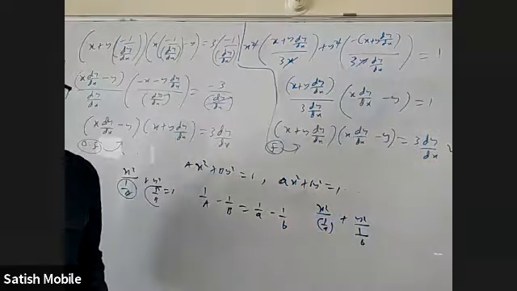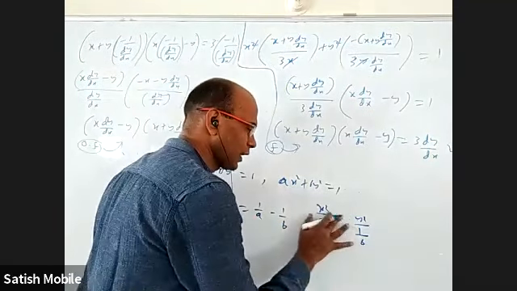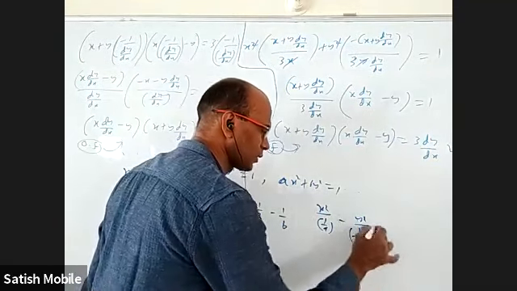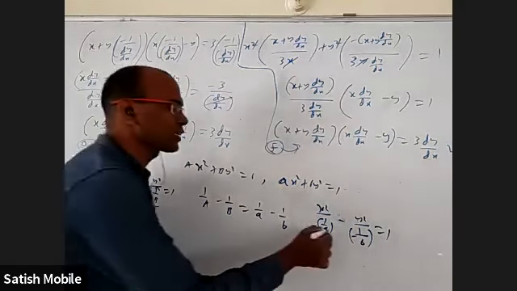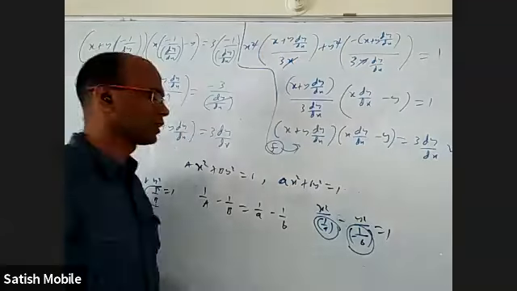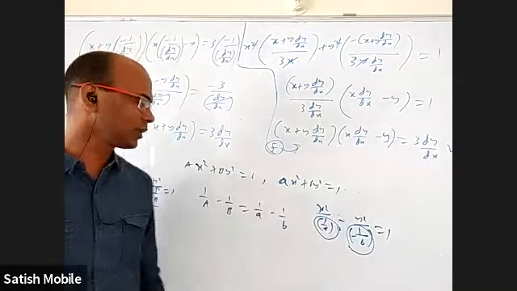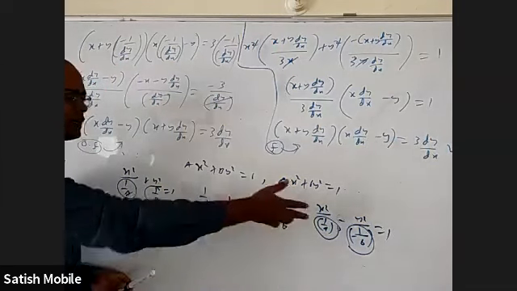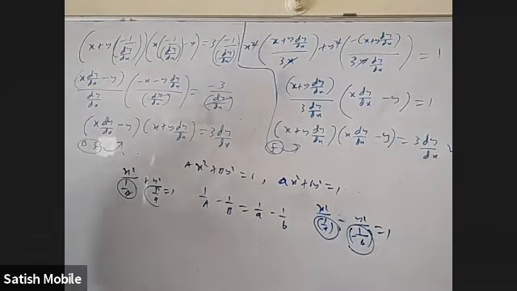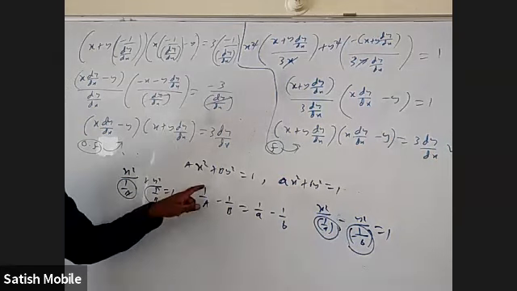Nobody told you b is positive or negative. Let me take it as negative. So I'm going to write minus here and minus 1 by b here, which is a hyperbola. And the AE value for this hyperbola is root a square plus b square. I have to take this plus this, 1 by a plus minus 1 by b, which is 1 by a minus 1 by b. Or you can take that also as ellipse and the AE value for that is this, not a big deal. So we would have got the same condition now.